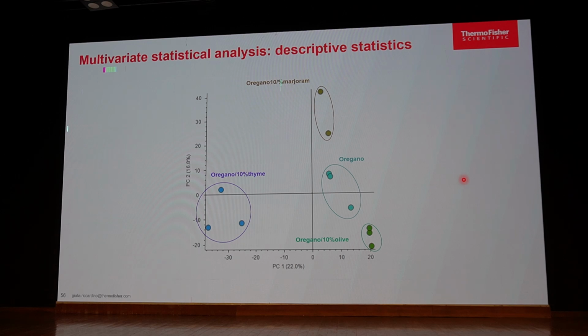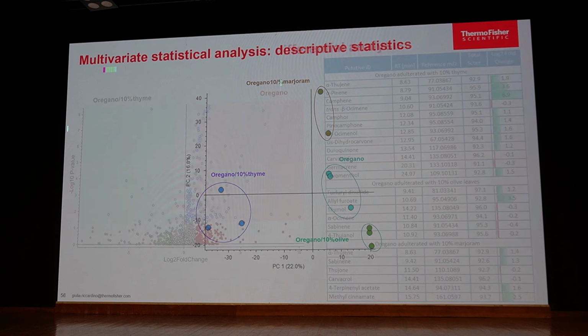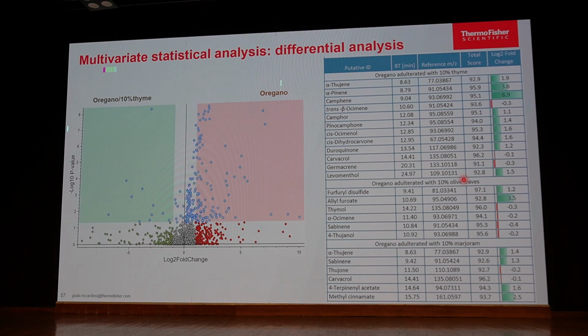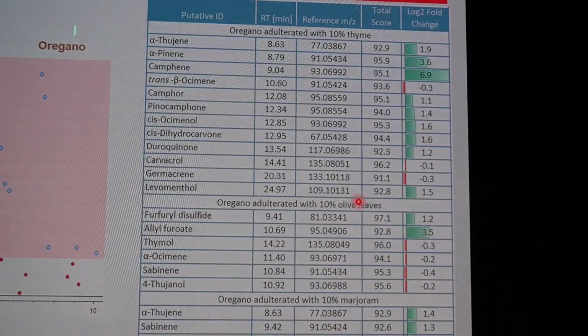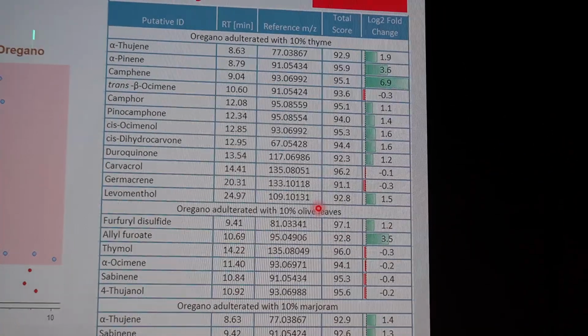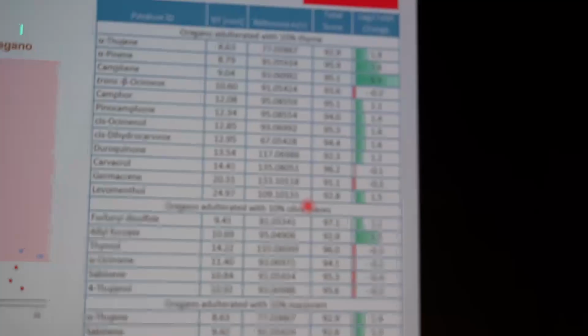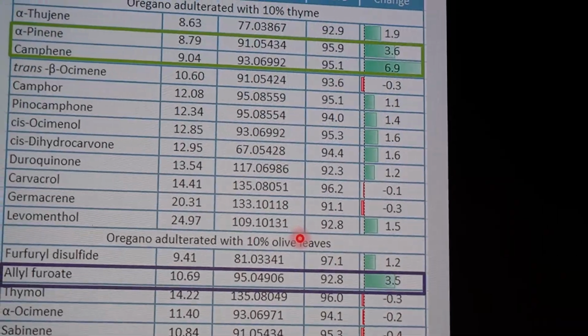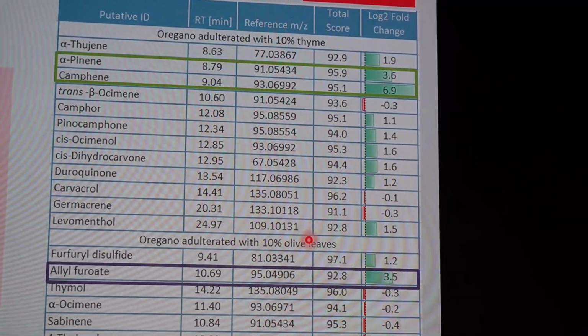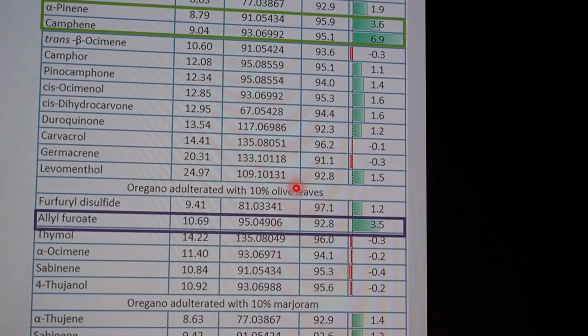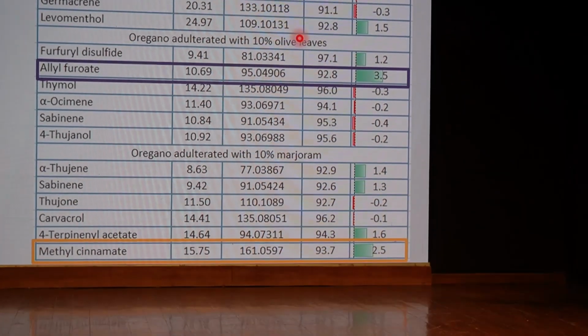Now why are these differentiating from each other? Because of chemical composition or any other factors? This is purely based upon chemical composition, and which chemicals are responsible to show that differentiation. So you will get a chart here, and through that chart you can find out which marker compounds I should focus on to get the clear-cut differentiation. Like this camphene, then allyl furoate, then methyl cinnamate. So these types of selected